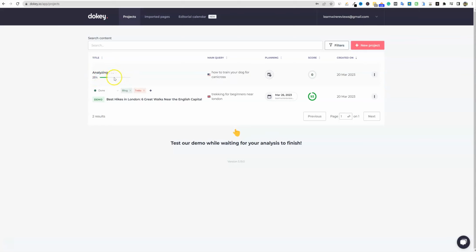So it's not too bad. It looks like it's pretty fast. And like I said, you don't have to push the refresh button to know if it's done. It literally will just show you right here. So it looks like it's already almost done.